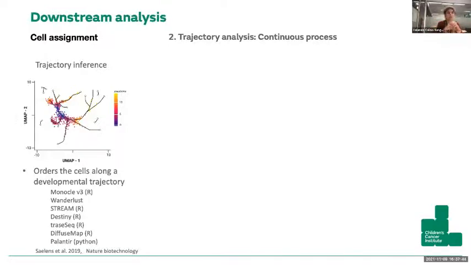And it might be harder to look at this when you're looking at the clusters individually on how everything connects to each other. And for that, they have developed the trajectory analysis, where you infer what is the order of events that happen based on a